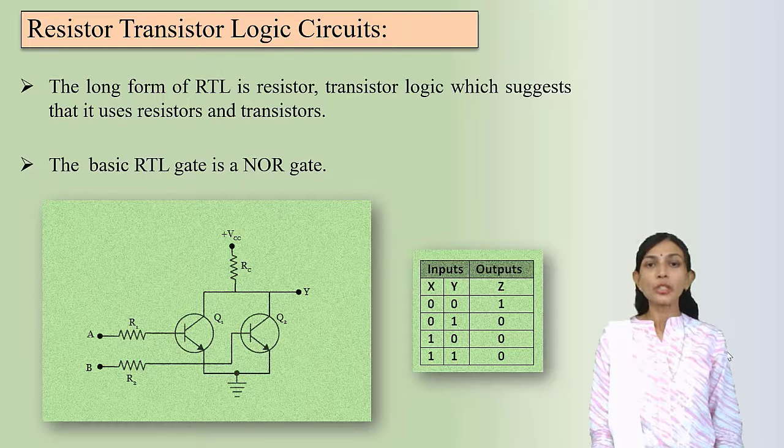Thus, this is the truth table of NOR gate. All of you remember the OR gate logic. If any of the input is 1, then output is 1. But the NOR gate is the inverted logic of OR gate. If both inputs are 0, then output is 1, and if any one of the input is 1, then output is 0. Thus, this is the realization of NOR gate, and this circuit diagram is known as a logic family, that is known as RTL.